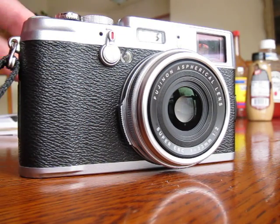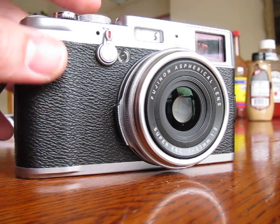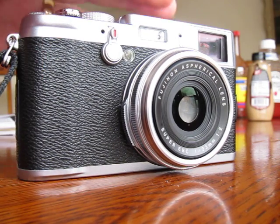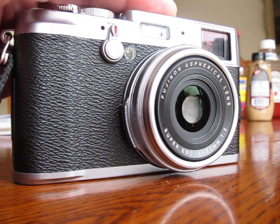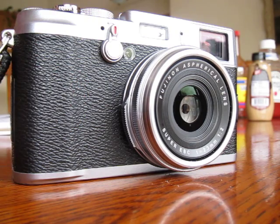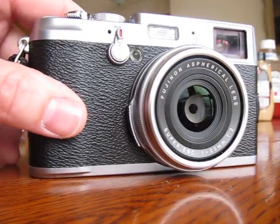Put this quick video together to illustrate for folks the aperture action and the shutter action on the Fuji X100. Ever since the last firmware update, the camera is much faster in low light, but really hasn't changed very much in bright light. I tried to figure out why that was, and I think it's because